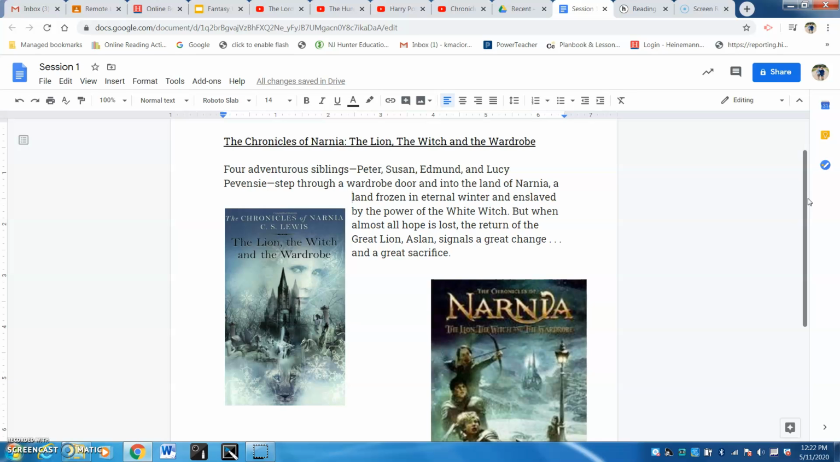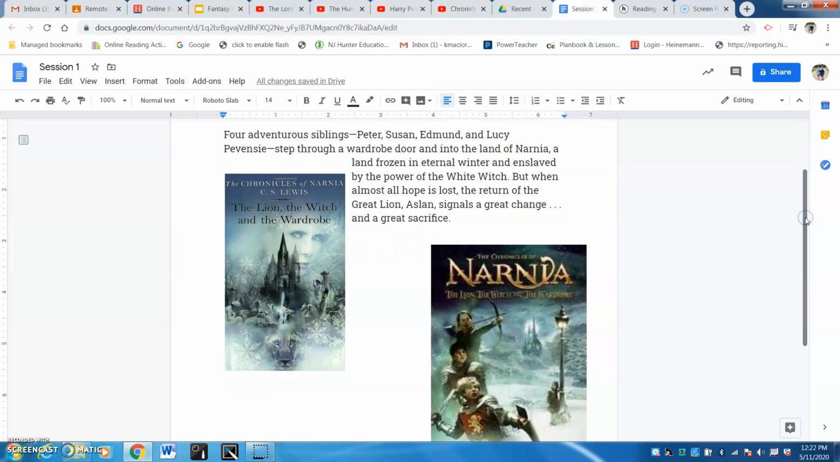So if I look at the cover, I have two different covers because The Lion, the Witch, and the Wardrobe has been in publication for years, and every time they send out a new publication, they do new cover art. So if I look at this example right here, I see a castle, I see some statues, some snowflakes, a lion, a waterfall, and a